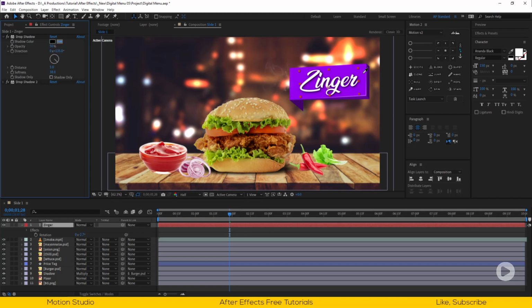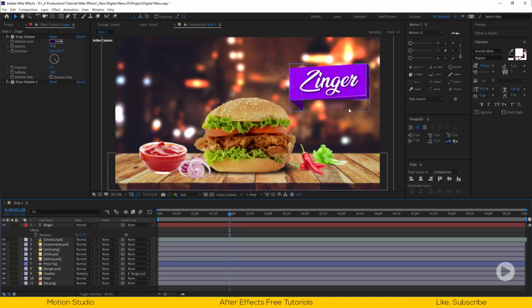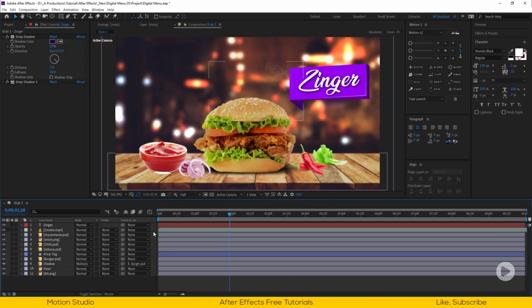Or we can change the first shadow color to be similar to our title background color.